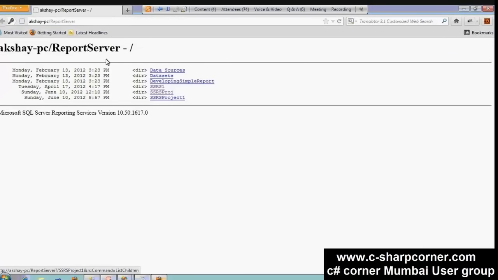Now you can see here, from Configuration Manager, select this URL, and in the browser here we can see SSRS project 1. Click over there. Here is our player report. Click on